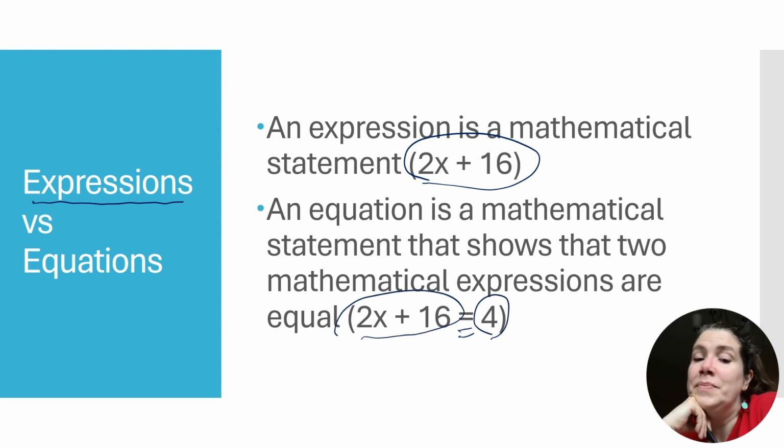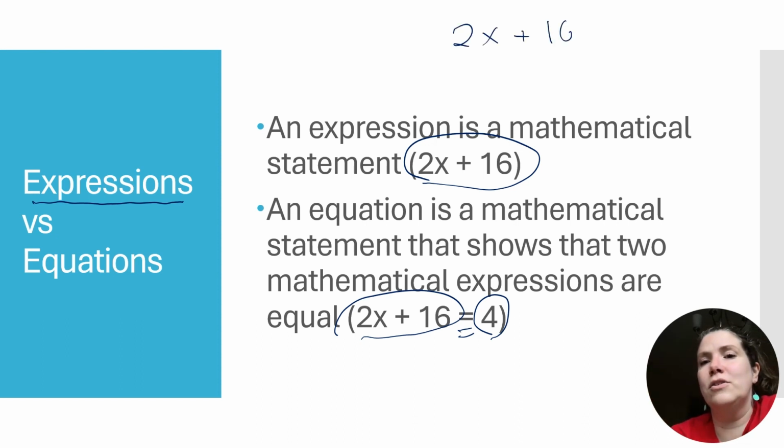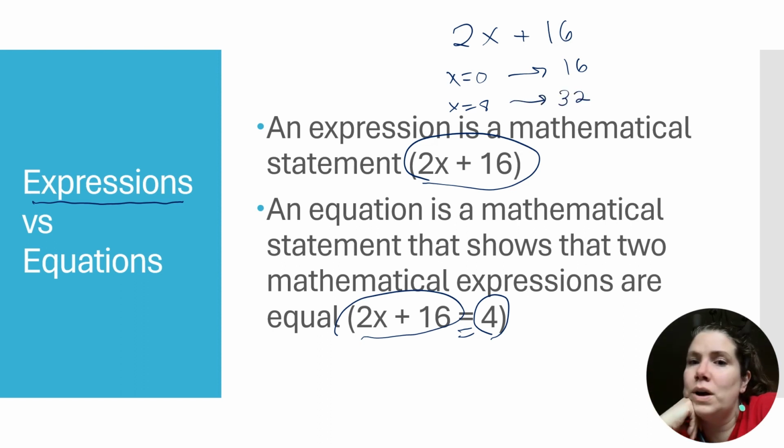That's our equation. In our expression, 2x plus 16, depending on what x is, this could have so many different answers. Like x could be 0, and then this whole thing is 16. Or x could be 8, and then 2 times 8, the whole thing could be 32. So an expression has infinitely many possible solutions depending on what you plug in for your variable. In an equation, there's usually only one, sometimes two, depending on the equation, sometimes three when you get into advanced algebra. But for our purposes, usually there's going to be one or two answers